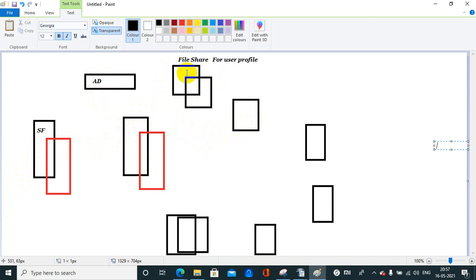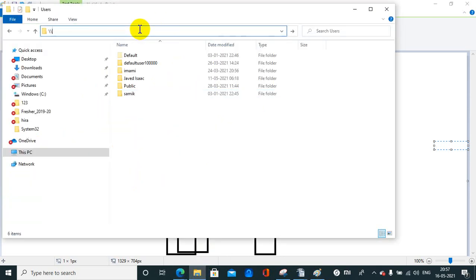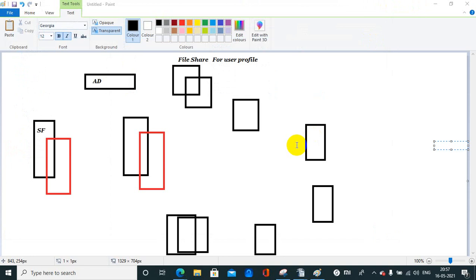In case the user is facing an issue, you need to share the file share location, like / your file share name, and slash user profile, whatever location you have provided in the Citrix policy. That location you need to type there. Once you open that, you will get the list of the user profiles. Okay, so it's automatically created over here.